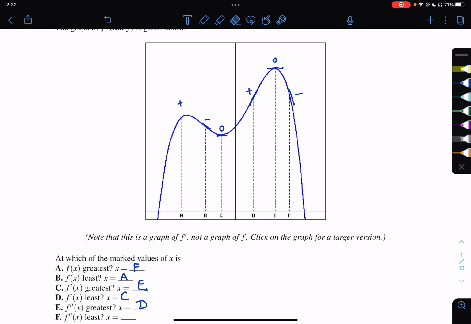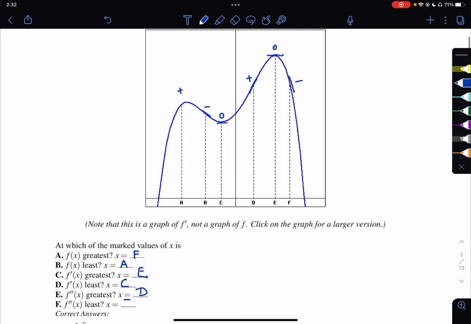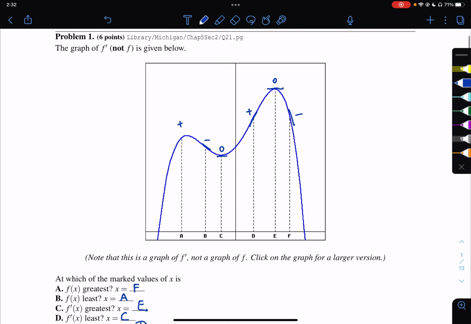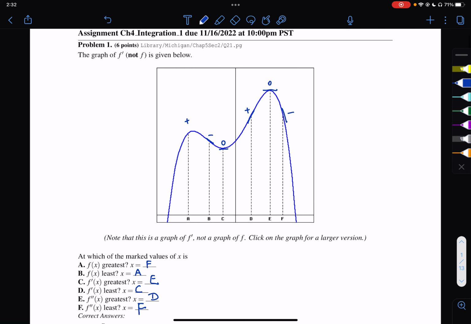D. Along the same line of thinking, I'm looking for the smallest second derivative. So I'm looking for the negative values. This is decreasing like that. This is decreasing like this. So it's clearly more dramatic going down. So it's more negative. So this point has the smallest second derivative, because it's most negative. So that's supposed to be my answer for this part. And that gives us the answer for all the problems in all the